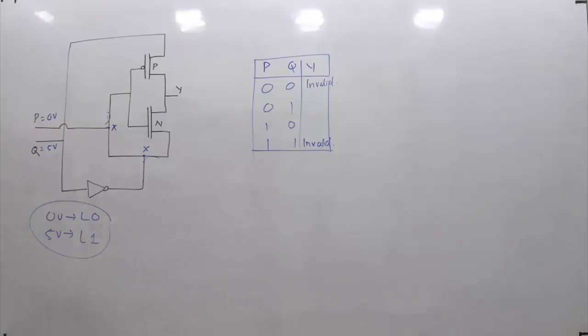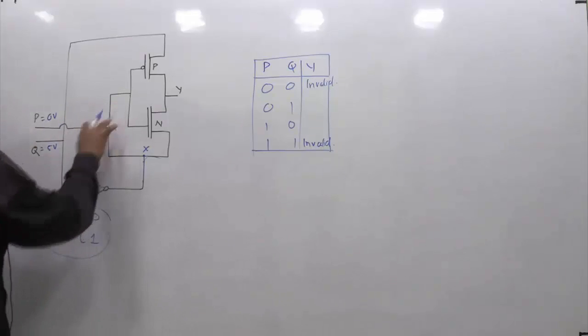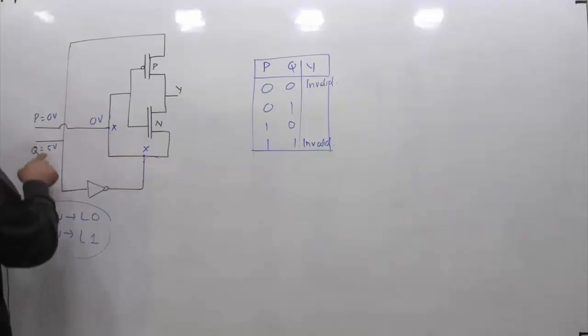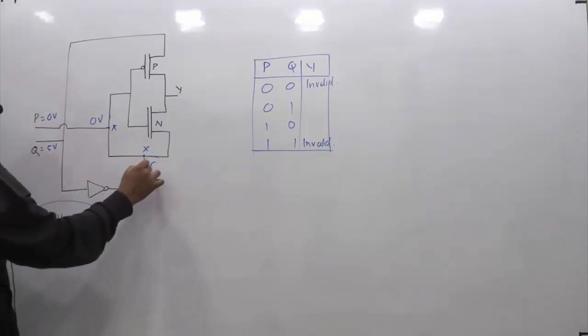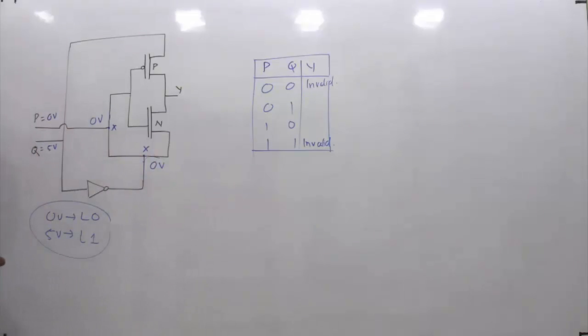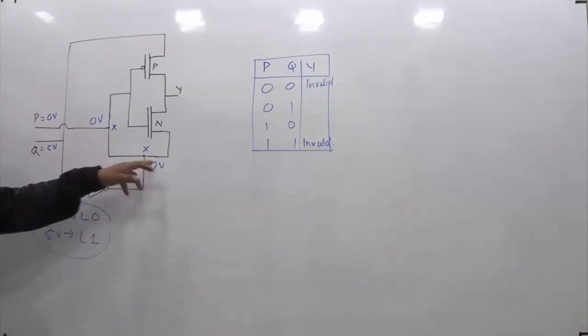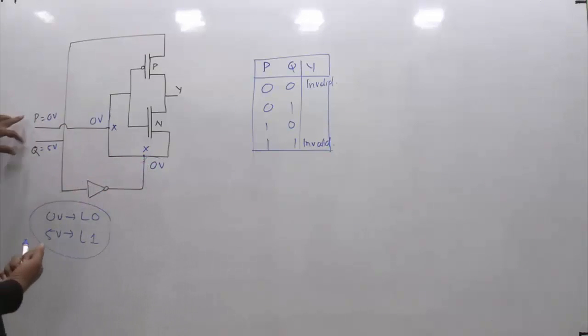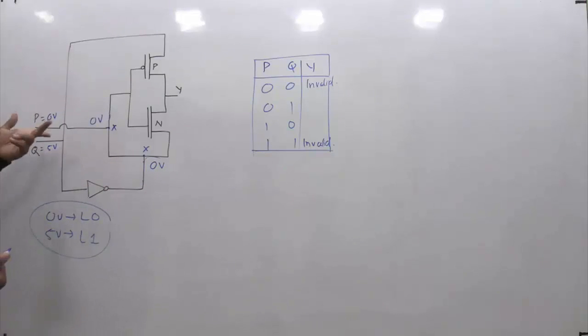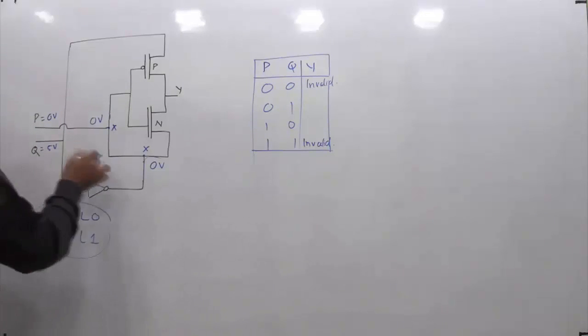Now you see, if I give 0 volts here, I also get 0 volts here. If I give 5 volts, that is logic 1, you'll get logic 0 at this output, which is also 0 volts. So here there are no issues. Because of this NOT gate, whatever you give, its complement you'll get here. So whenever both of them are in opposite states, there won't be any issue. But whenever they are the same, there will be an issue. Okay, now we got 0 volts, 0 volts.